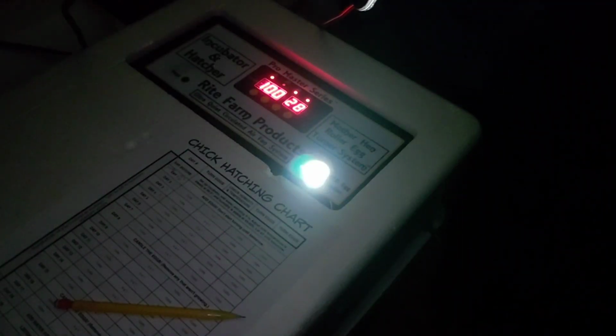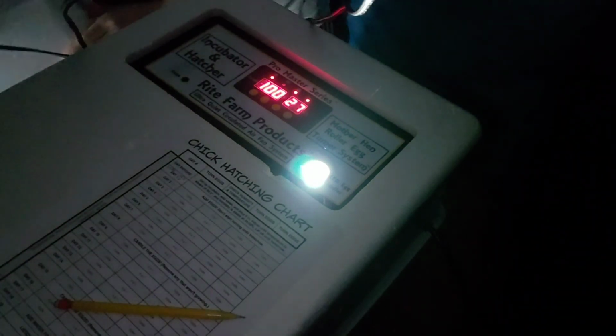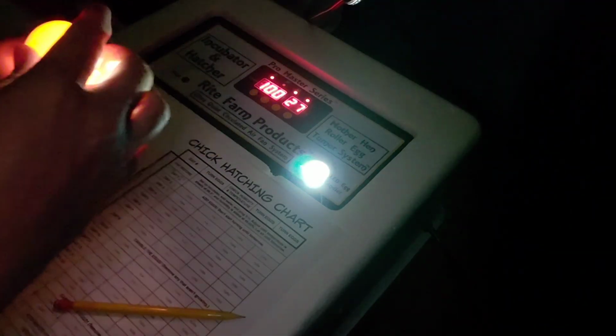All right, here we go. First egg. Just go in the line, just like you did last time. All right, egg number 1. I'm not seeing a whole lot of action in that. I mean, I see a darker spot right there, but not like... I think it should be...